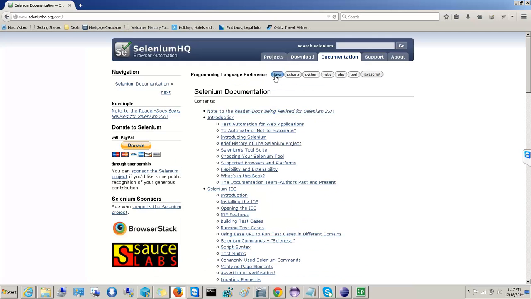Basically programming language preferences: Java is selected by default. So you can go to this. Just remember to bookmark this. Okay, so right now